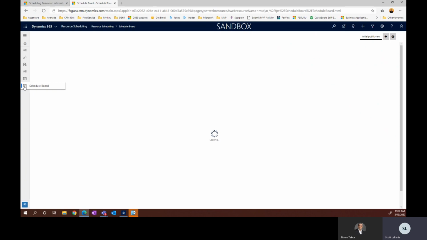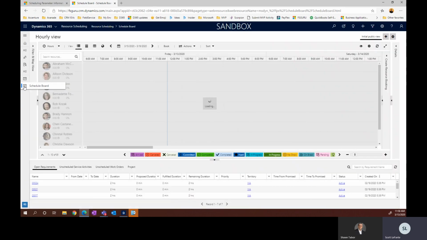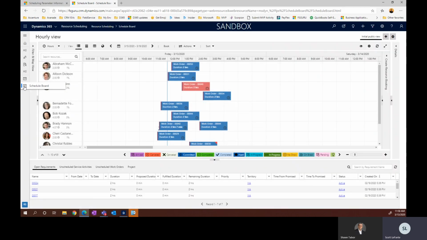All of you are familiar with the loading symbols, right? And that's still not too bad, right? But you can see, I mean, this is a demo environment, or a sandbox, I should say. It doesn't have a whole lot of data. But then when we go to the new schedule board,